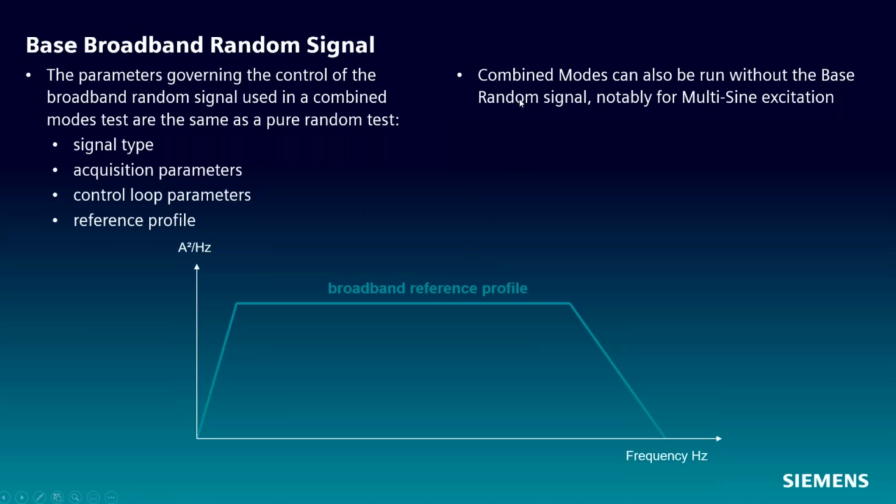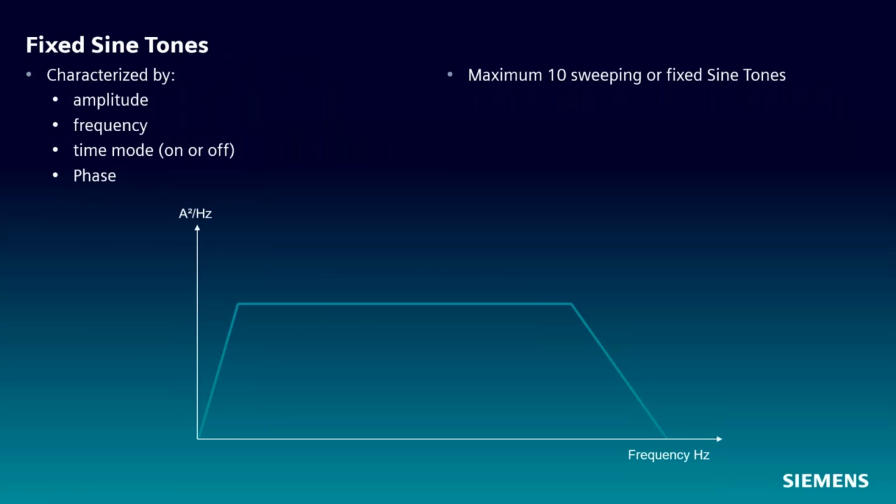As a note aside, we're not going to talk about this today too much, but there's a multi-sine excitation where you can set up sweeping sine tones. You break up a sine sweep into several components, or if you want to do pure harmonic testing, where you have a primary tone and then harmonics or blade pass frequencies, you can turn off the baseband random and do this multi-sine excitation alone. For most cases, when you're doing a mixed mode test, you define this broadband random background signal, and then you start to put tones on top of it.